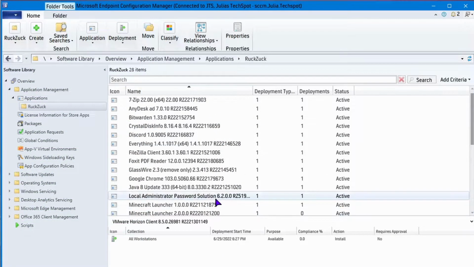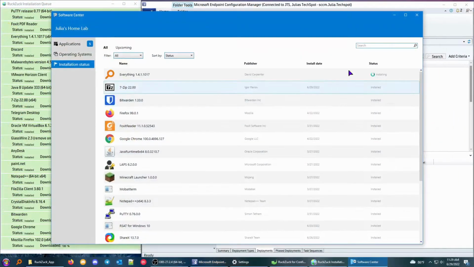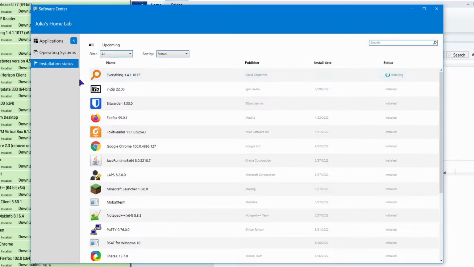As you saw, I did delete Malwarebytes because I heard that's not a very good application anymore, so I just completely deleted it from here because I don't even use it anyway. But we are still installing everything because I think there's a bug where with everything you have to uninstall it and then reinstall it. It's really weird, but